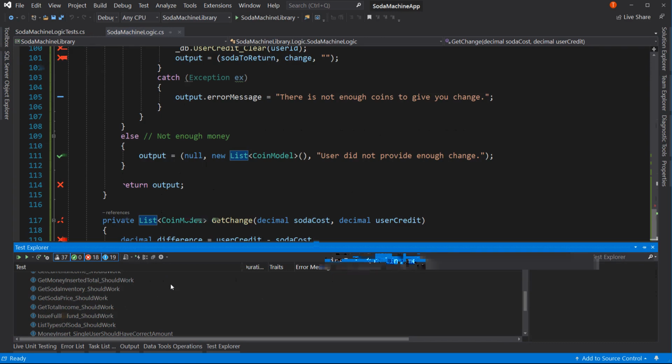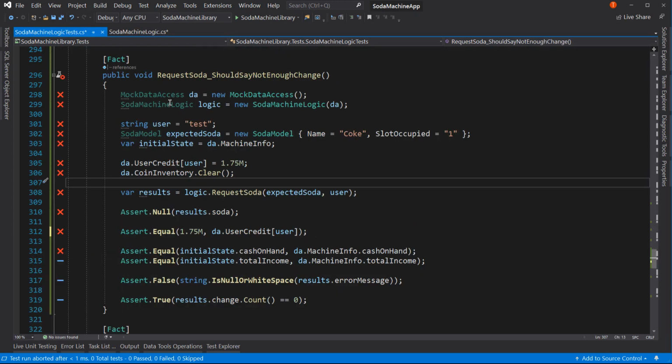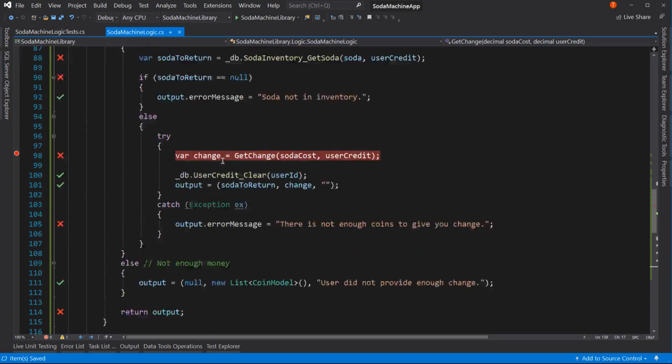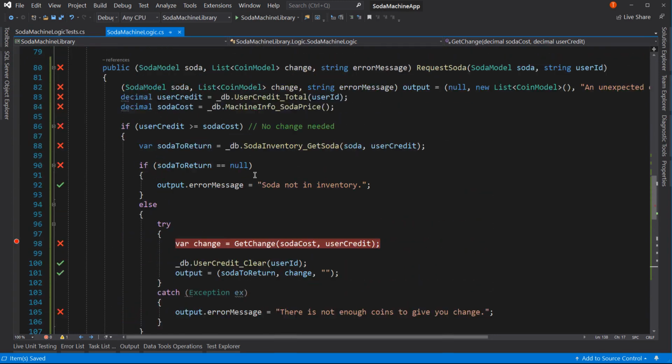And our initial cash on hand should now be equal, but it's not. Well, why is that? Because we actually have a logic issue. And the logic issue is that when we withdraw a soda, so let's look up here at our code. When we withdraw a soda, and that happens right here,